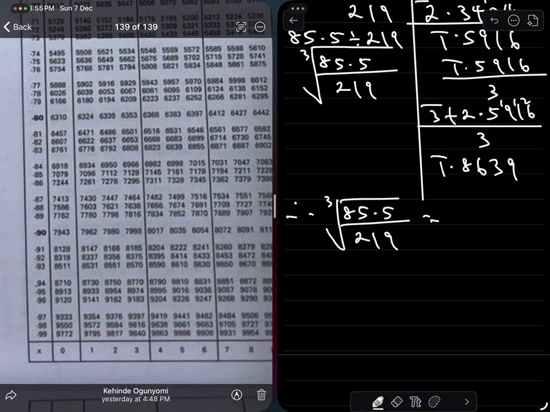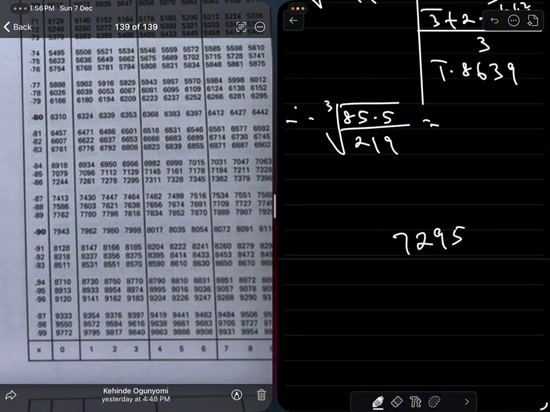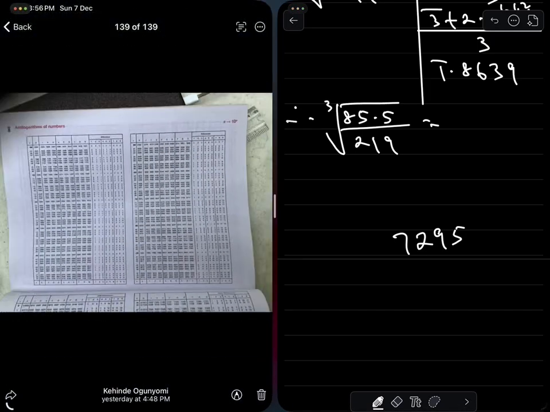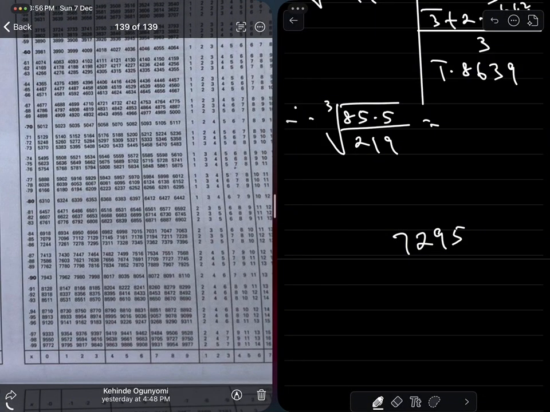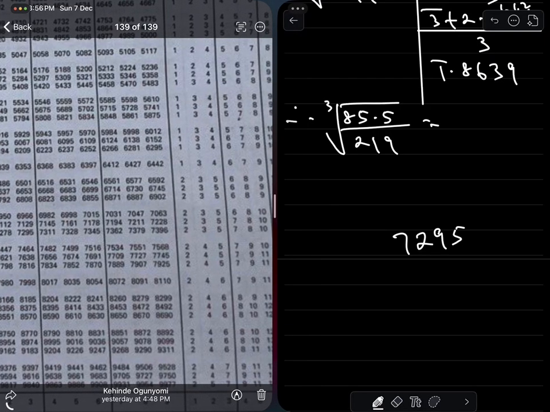86 under 3: 0, 1, 2, 3. And that's 7295. Difference 86 under 3, difference 9. 86 under 3: 7295. Difference 9. Let's go all the way to the difference 86. Difference 9. That's